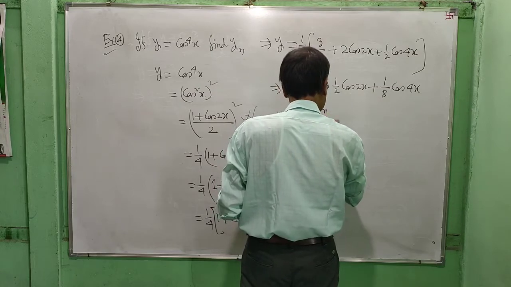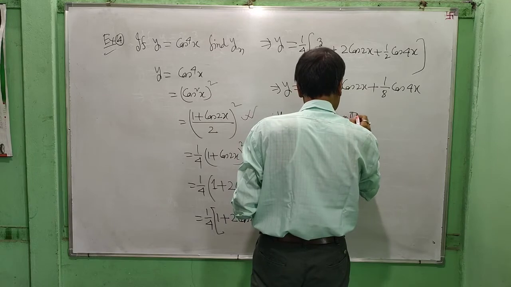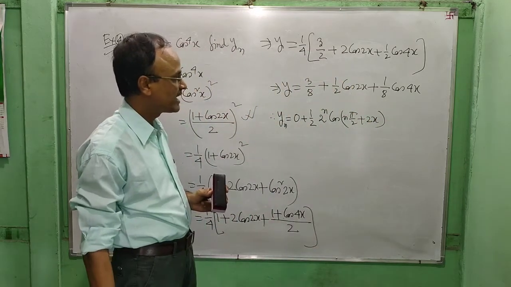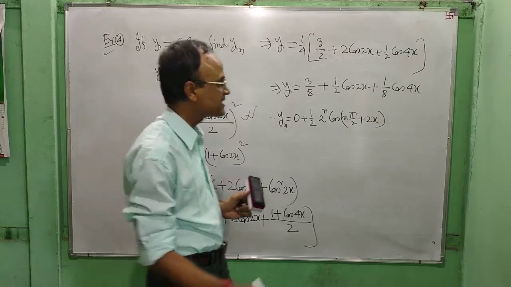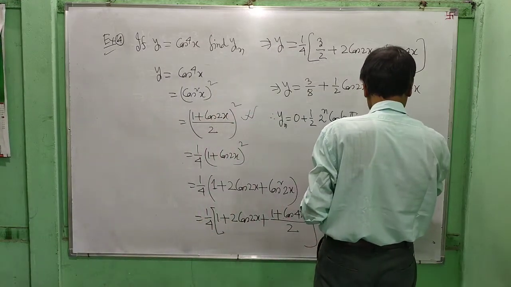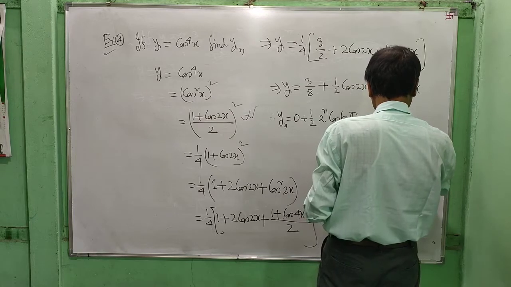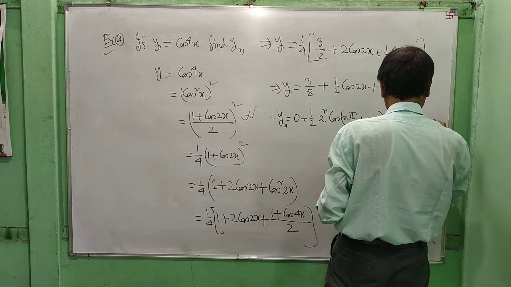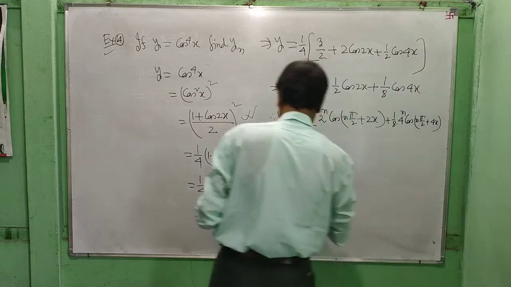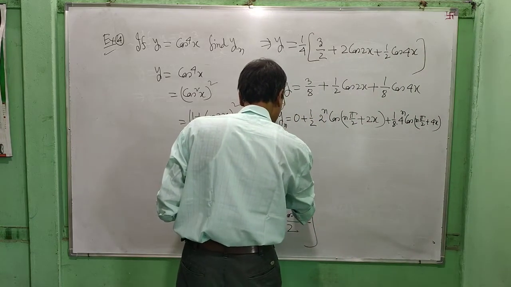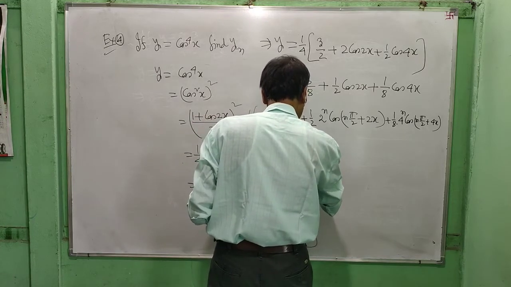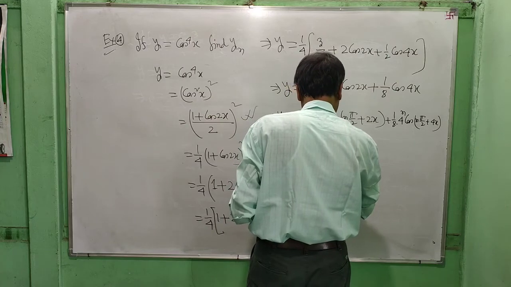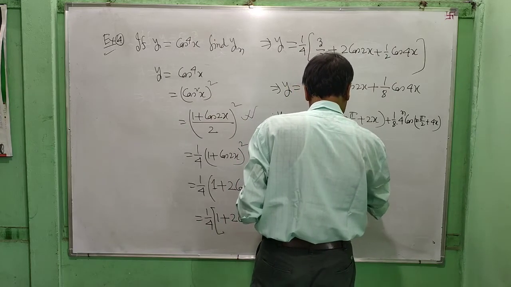2^n cos(nπ/2 + 2x). 2^n cos(nπ/2 + 2x) + 1/8 · 4^n cos(nπ/2 + 4x). This means yn is equal to 2^(n-1) cos(nπ/2 + 2x)